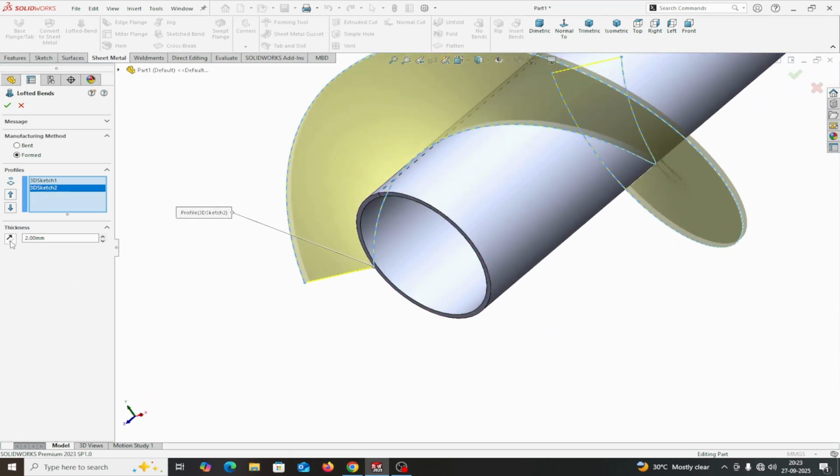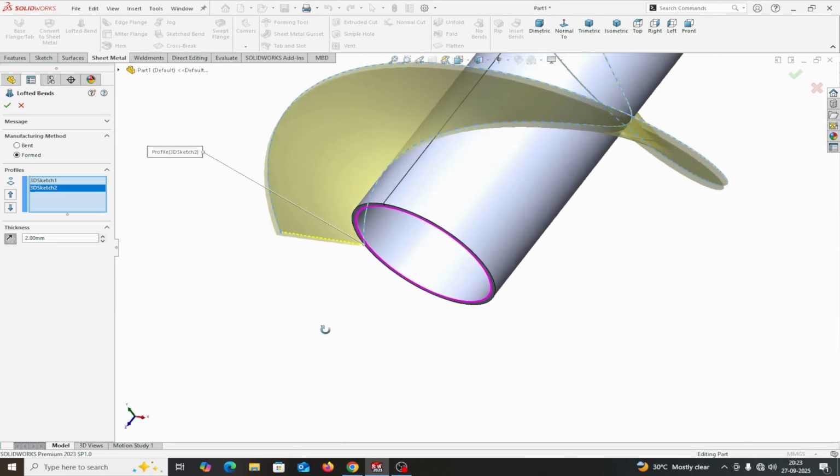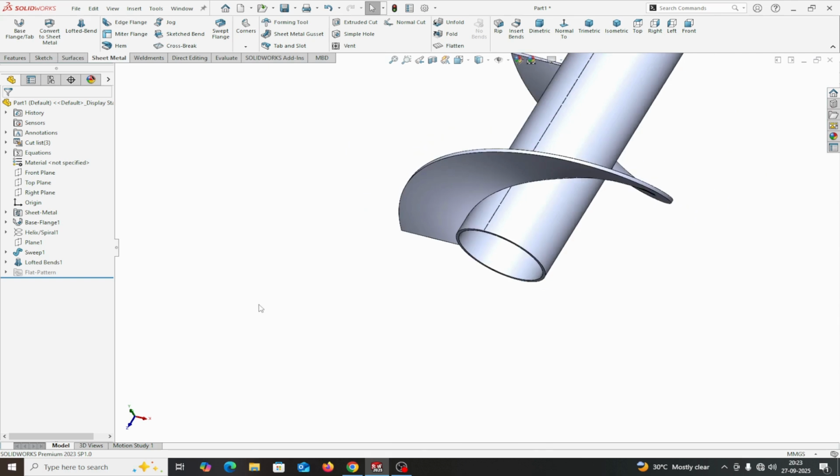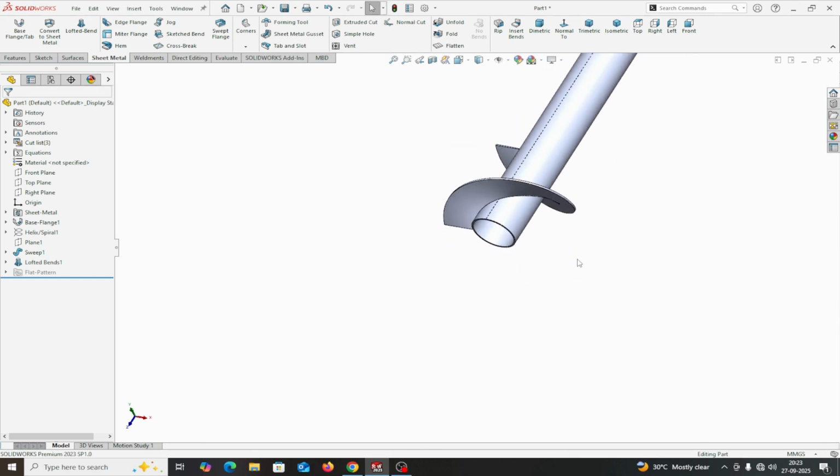you can reverse the direction. This is moving. I am reversing the direction in this way. This is one blade here. Now this part is in sheet metal, lofted bend. Now what I will do is